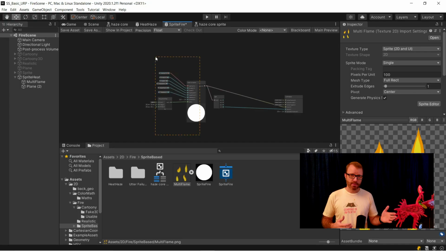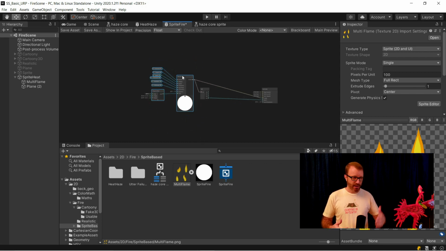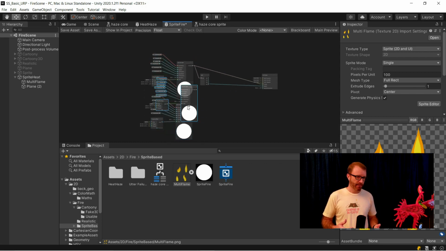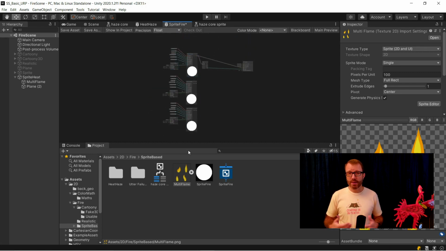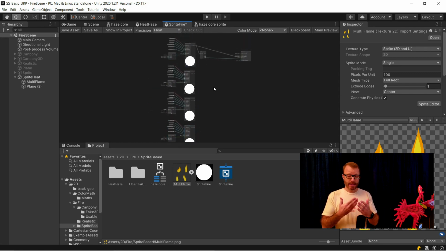With the basic Heat Haze setup, I'm going to now set up my layering. I want to have my 4 different frames layered on top of each other. So I take the subgraph, all the inputs, and the tiling, copy it 4 times here. So what I'm going to do here is basically just normal alpha blending, where you take the color that's on top and you multiply it by its alpha, which means where it has an alpha of 1, it'll be there, and where it has an alpha of 0, it'll be black. And then you take the background layer and multiply it by the inverted alpha. And then when you add those 2 together, because black is just 0, you end up with the kind of